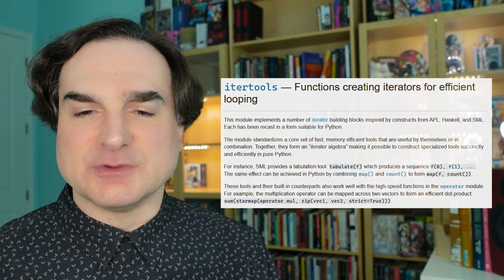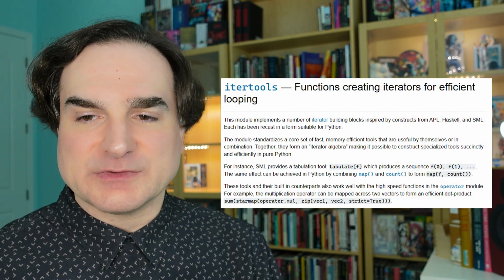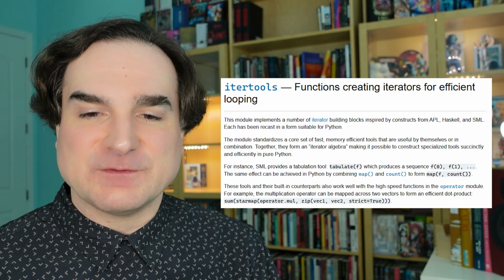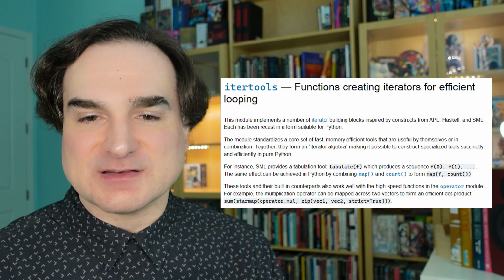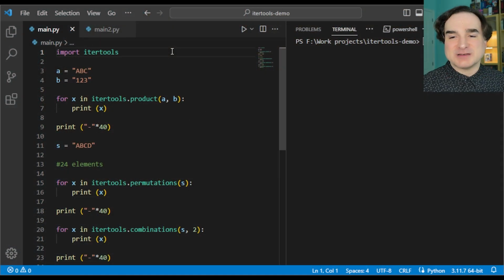In this episode of Dev with Serdar, we're going to look at one of Python's most powerful modules that you might not know about, itertools. Everyone writes loops in their code. Itertools is a collection of functions for writing efficient loops, especially in scenarios where a simple loop by itself isn't enough. And this is a case where we want to dive straight into some examples, so let's take a look.